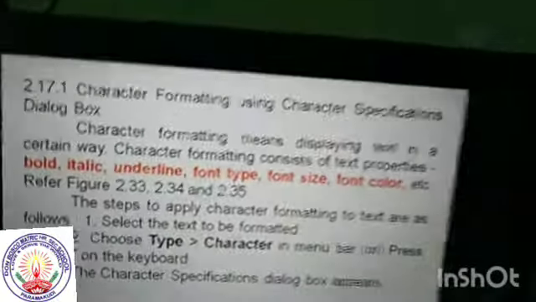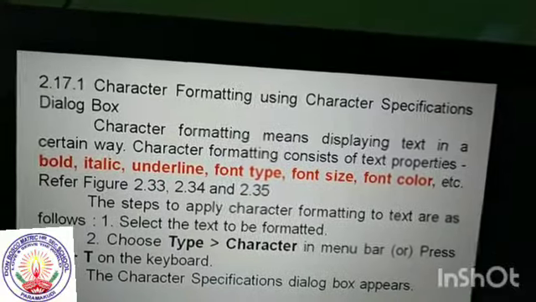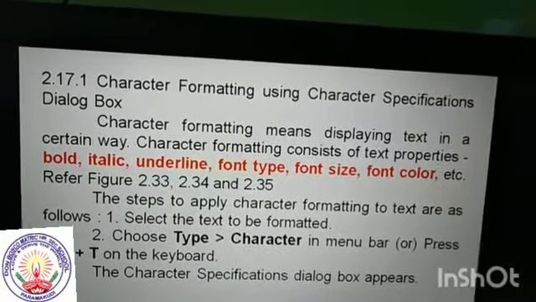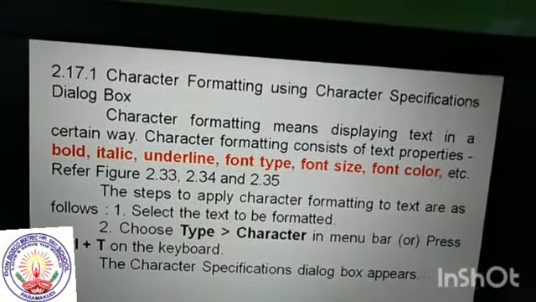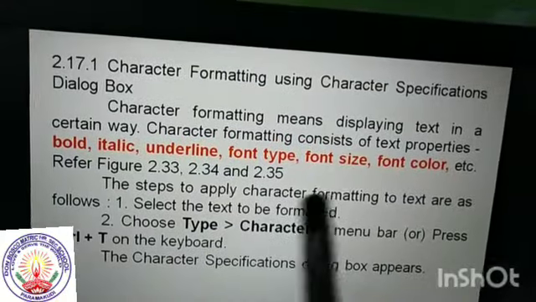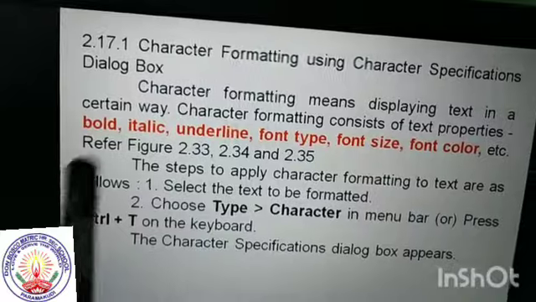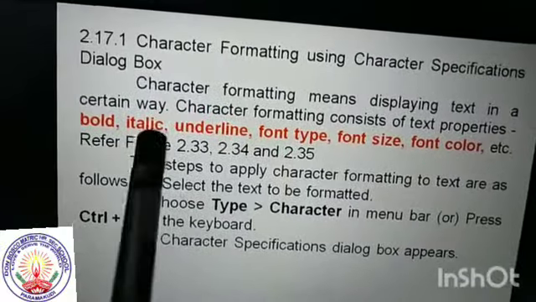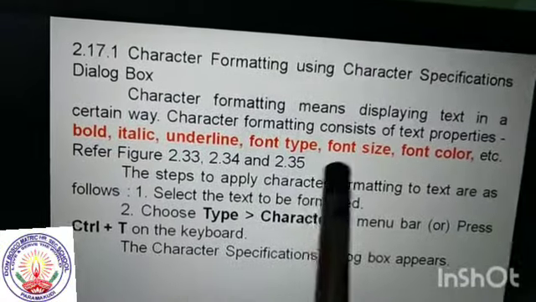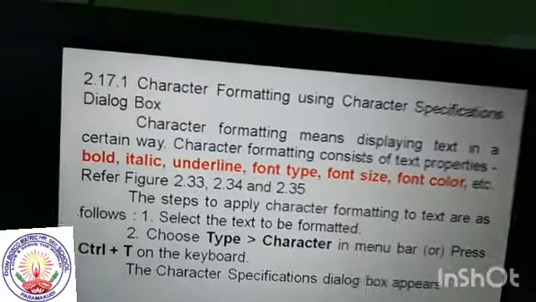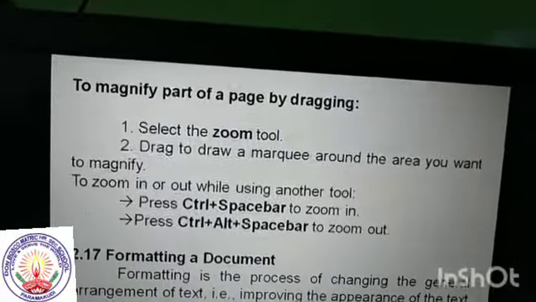You can see the character formatting using the character specification dialog box. Here we change text properties like bold, italic, underline, font type, font size and font colors. Dear students, please listen carefully.